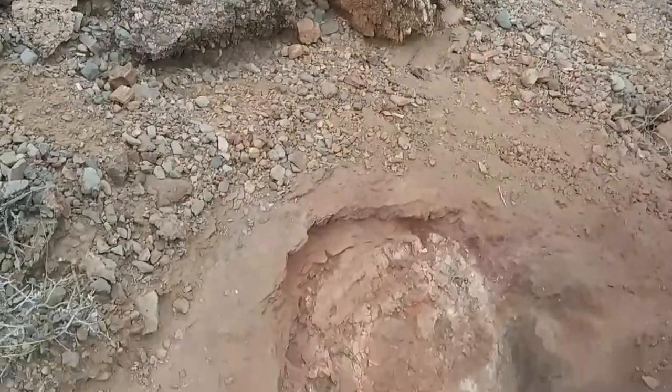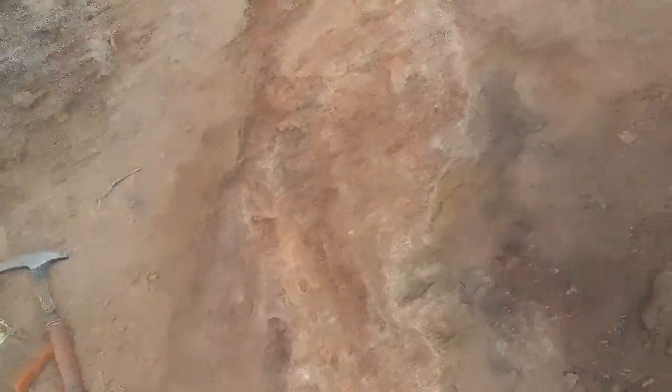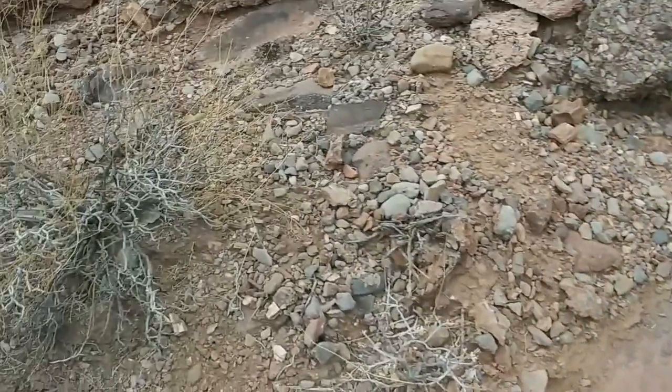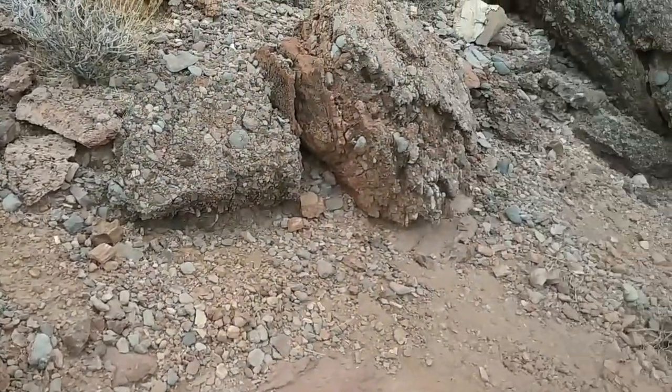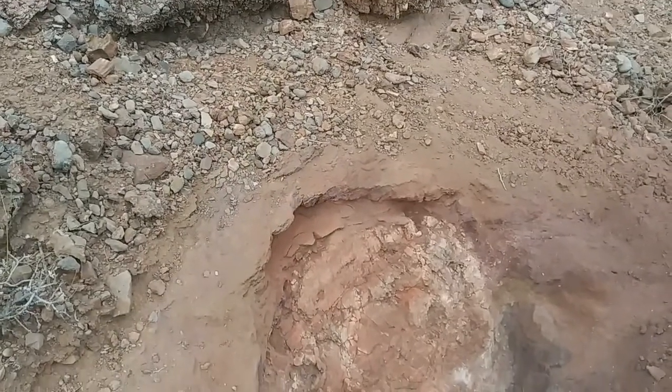All right, let me get my spray bottle out and get this sprayed down a little bit. We can see how colorful it is. All right, got my spray bottle out. I don't know if on video the audio will come out, but